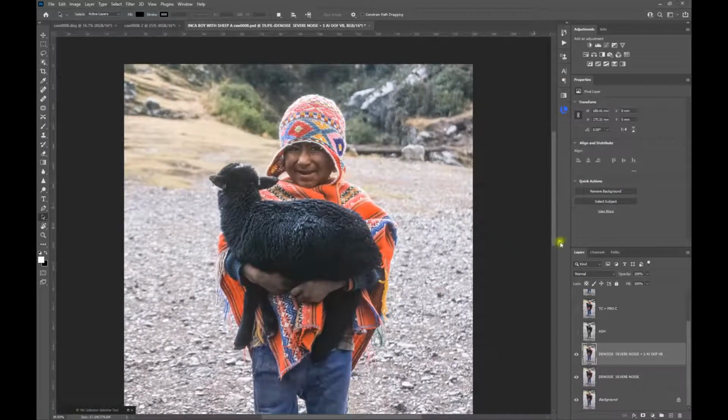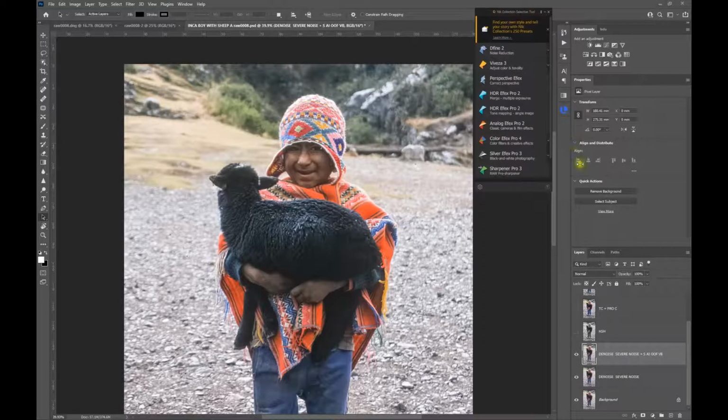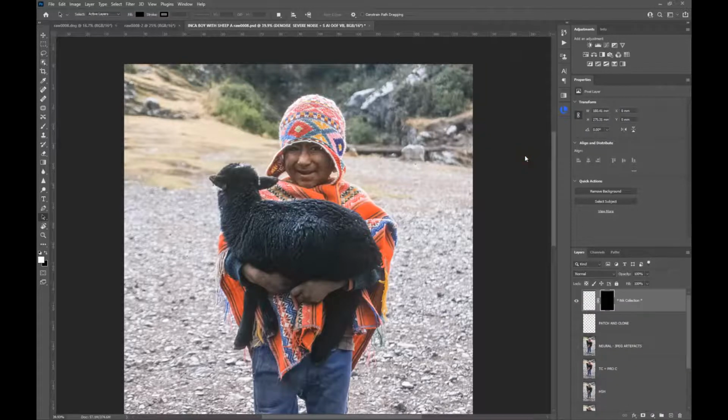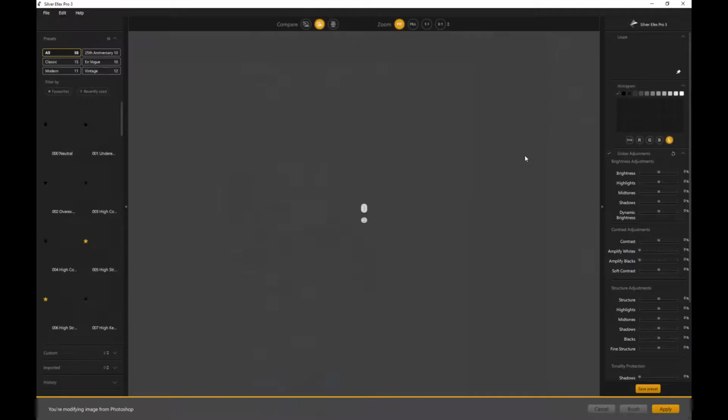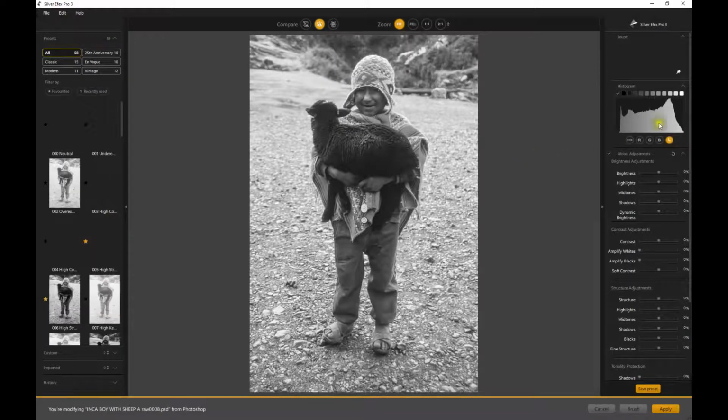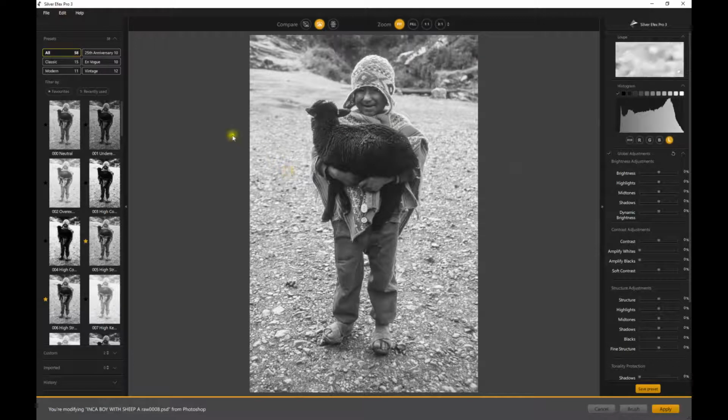But there's more we can do. The next option we're going to do is we're going to use one of the Nik filters to try and bring out some of the more fine details and textures in the image. And again, this is a third-party piece of software, well worth the investment, and works as a plug-in within Photoshop. And what we're going to use here is Nik Silver Efex Pro, which is normally the monochrome plug-in software, but we use this to enhance some of the detail. And again, if you're not familiar with this piece of software, it's well worth experimenting with. And in here, I'm going to use one of my favorites, which would be the high structure harsh